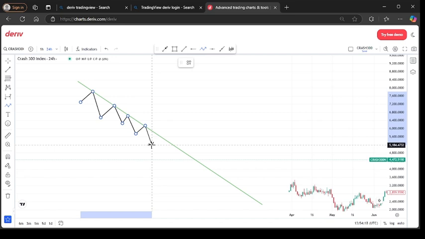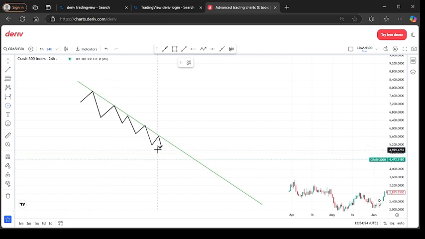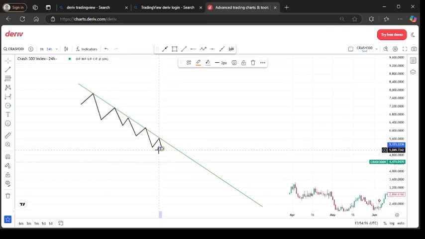But there are some things we need to look at. The price is moving down, but as price reaches the trend line, it bounces down from the trend line. After reaching here, price is going to move down. Then as the price moves down at this position here, let me highlight with a circle. At this position